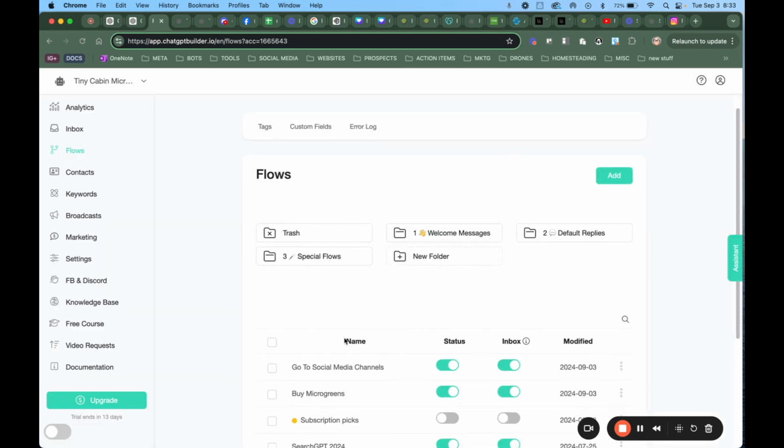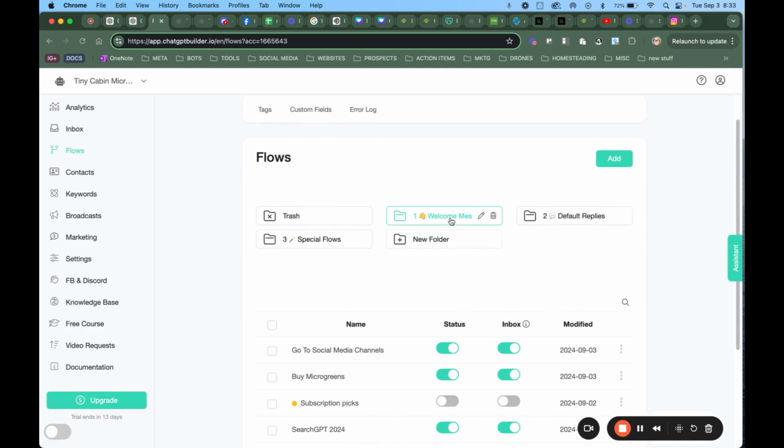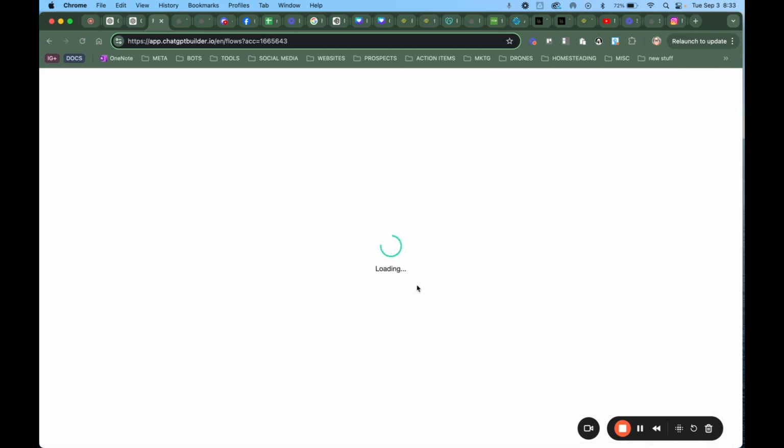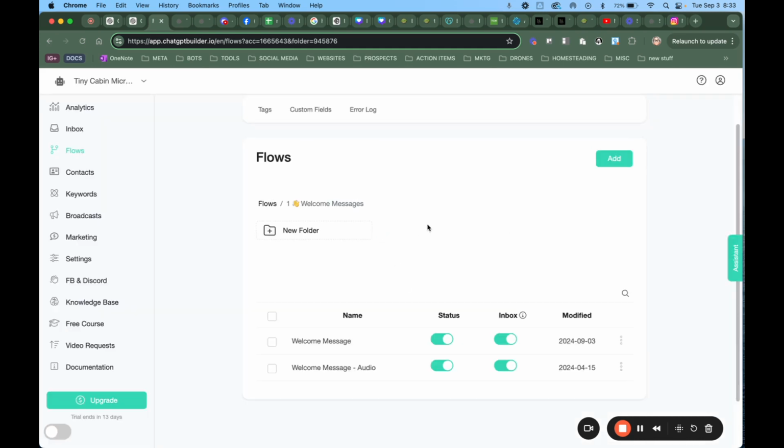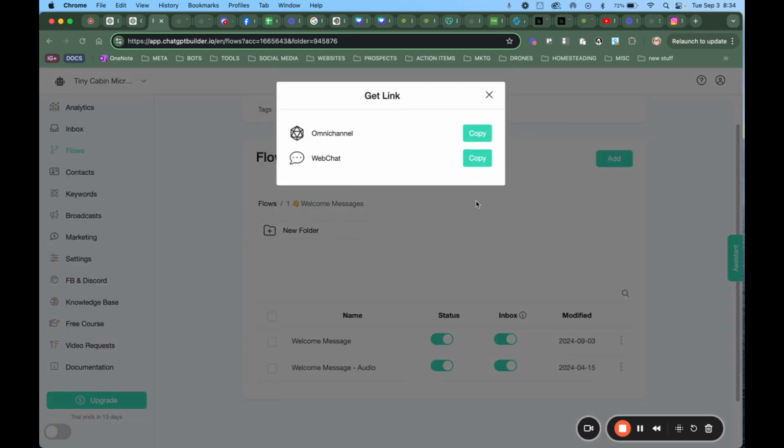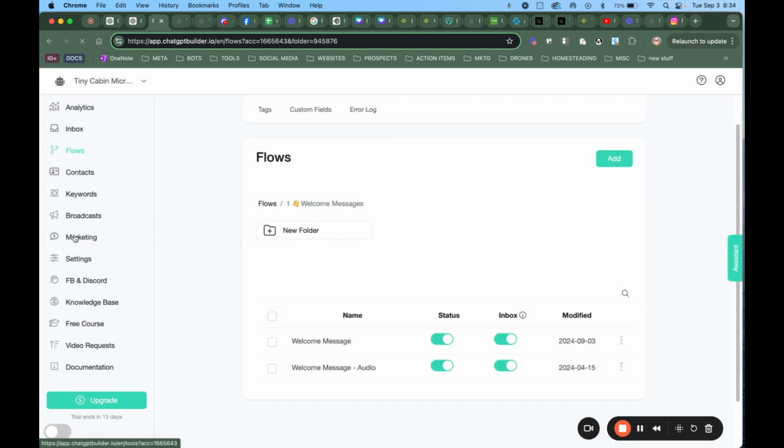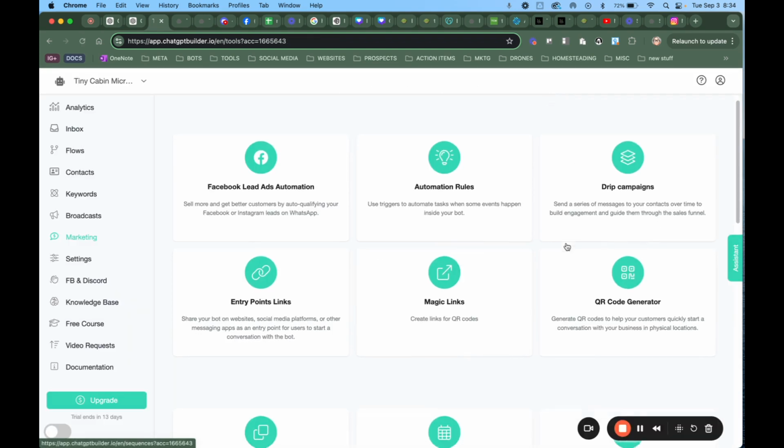Now what I need to do is, if the welcome message is where they're going to enter, right? So this is where if they're sitting at a farmer's market or something, if this is where I want them to come in, I want to get the link for that welcome message, copy it, and then I'm going to go over to marketing and make a QR code